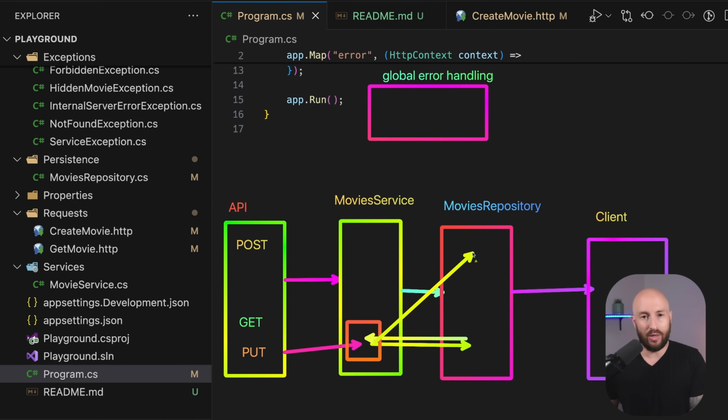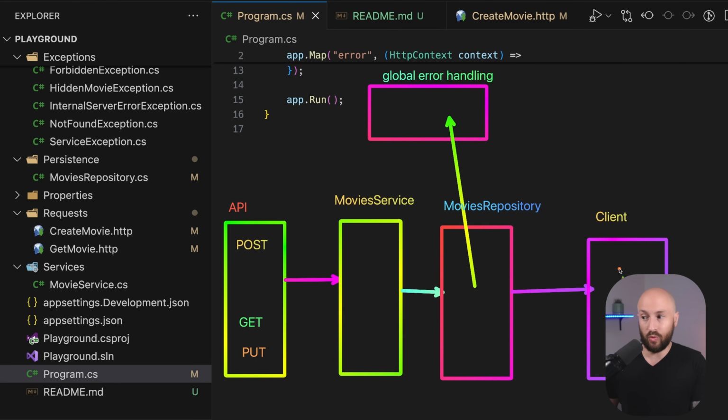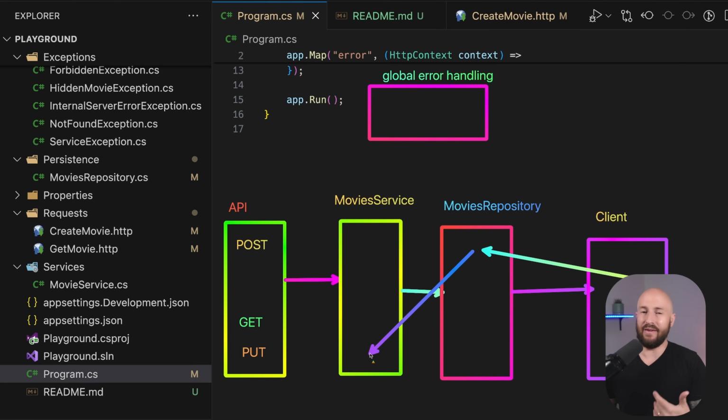What you end up having is the following. You have various components where each one of these components is throwing exceptions. Sometimes you go directly to the client, but many times you don't go to the client. Instead, you jump to another component altogether, and from that component, you jump to another component altogether. What you end up having is a very unclear execution path, where understanding the flow control in your application becomes way more complex.